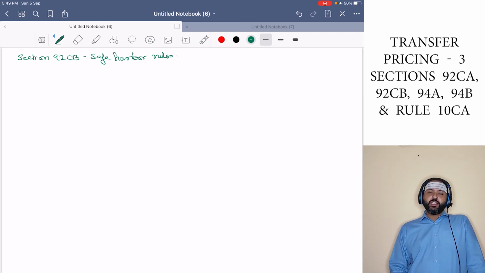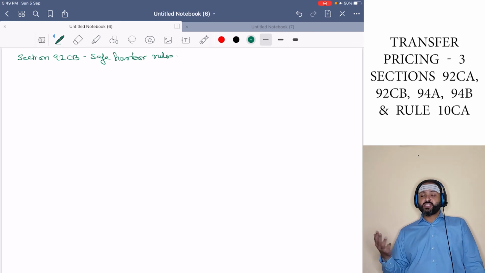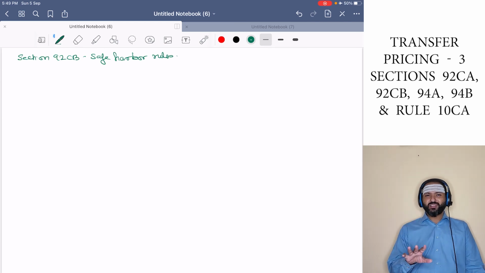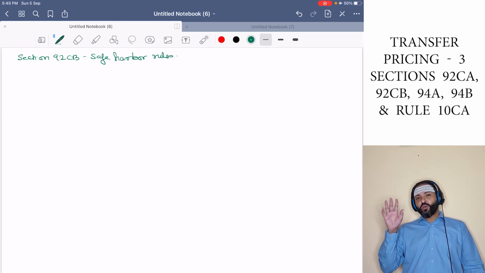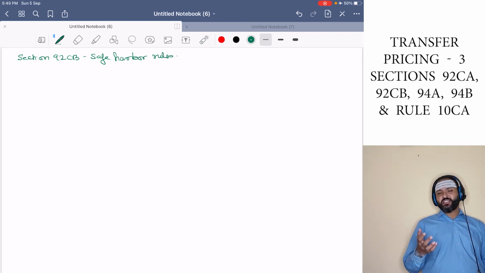But for the financial year 19-20 or assessment year 20-21, they came up with the safe harbor rule, which was applicable only for that year and not 3 years like what used to be the case with 17-18. So for this attempt which you are going to write, there are no safe harbor rules which you have to go through. Safe harbor rules are not applicable for you, where you have a list of items in a table specifying percentages which you have to remember